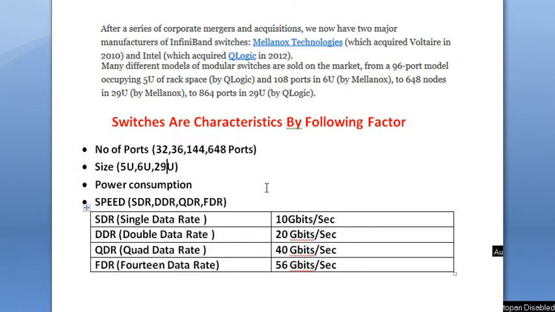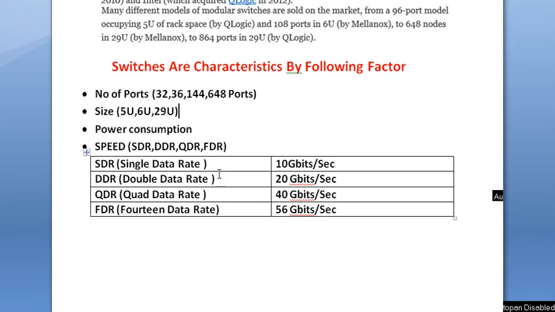If a customer wants to build a small cluster with 32 nodes, they can purchase a 32-port InfiniBand switch and go ahead. There is no need to build any fat tree topology. But in case the customer wants to build a 1000 node or 2000 node cluster, manufacturers like Mellanox or QLogic are not providing an InfiniBand switch of that size. In that case we need to design the fat tree InfiniBand interconnect.